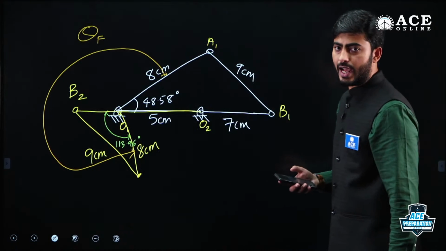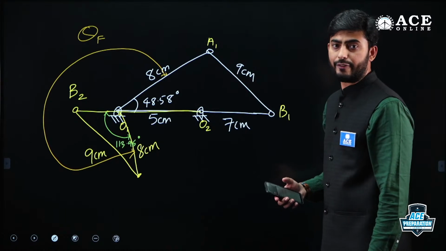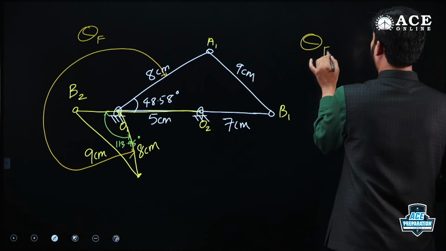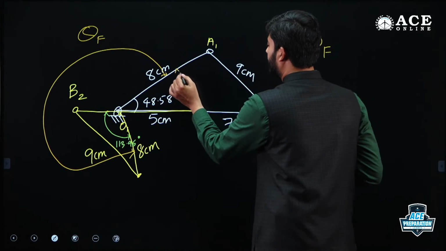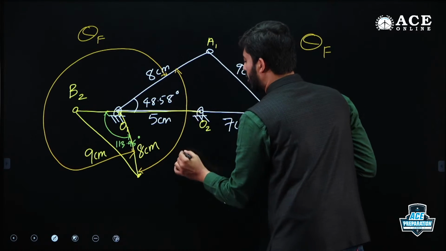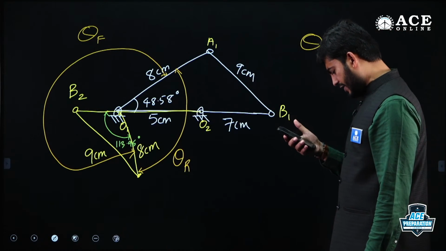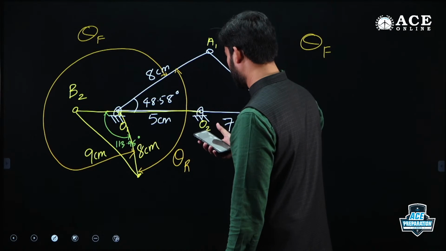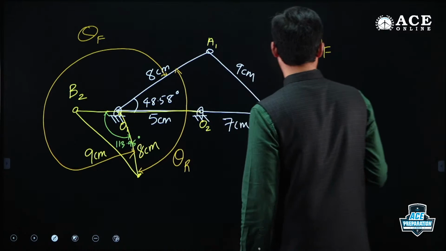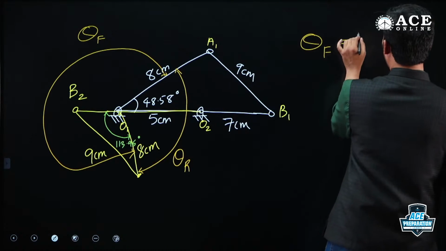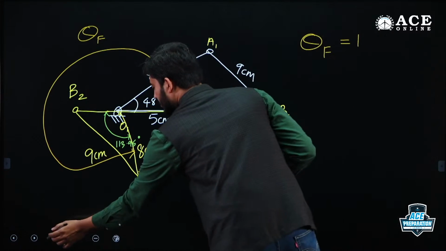We call it theta F. Yes, guys, can anybody answer this? What will be this angle theta F? Theta F will be the angle for the forward stroke, and similarly this will be the angle for the return stroke, that is theta R. Yes, 293, Priyansh is saying. Guys, Priyansh, is it 293? That is 113.96,